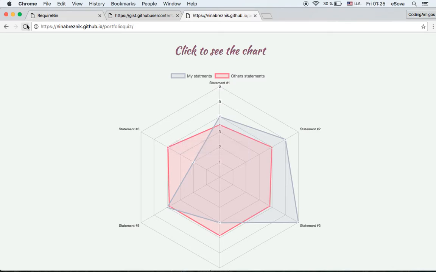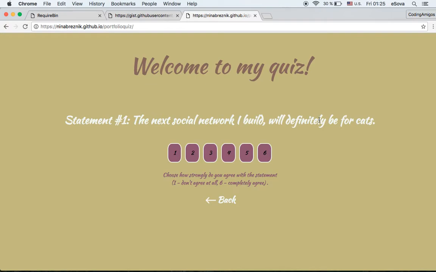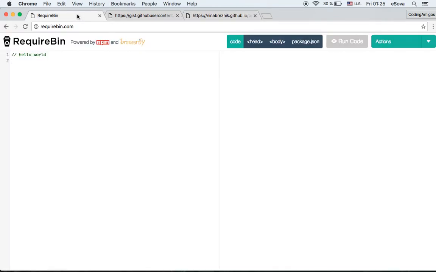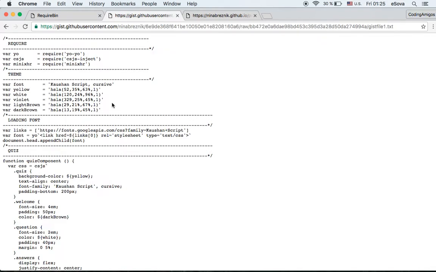So if you see, we basically have questions, we send the answers to the database, and at the end we retrieve these answers and compare a user with the average answers of other users. So how do we do that? Let's check it out. Again, we will use Requirebin, our already known tool, and we will start with requiring the